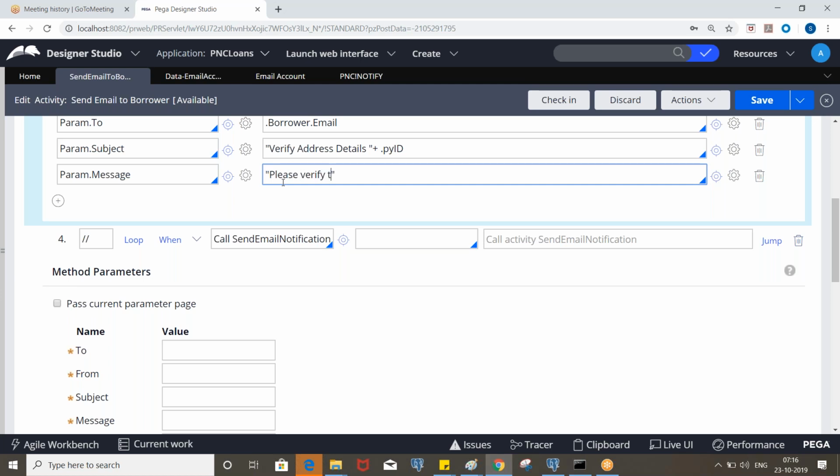If you want to send the screen, I mean the section, we can include that. So we'll say, please verify the address details. If you want to send some section, whatever address details we have, we can send the whole section. For that we need to create a separate rule.